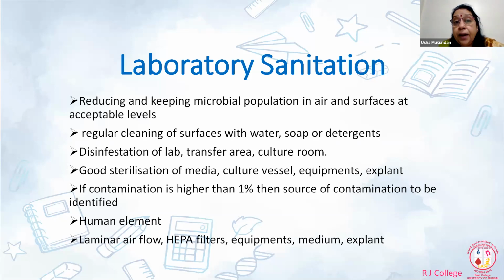Normally, the number of contaminations should not be more than 1%. But when you're taking a small number of cultures, 1% becomes very high. So when I'm saying 1%, it is when you have cultures in lakhs. But if you're doing only 10 test tubes and you get 1%, I think it's a total failure. You cannot do that. When you're talking 1%, it means at a commercial level, not at a lab level when your number is less.